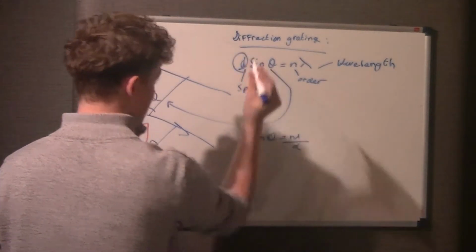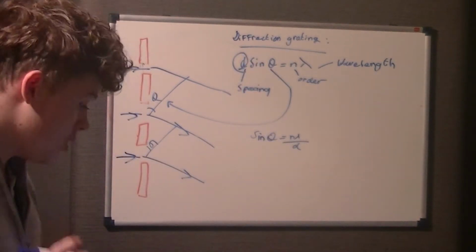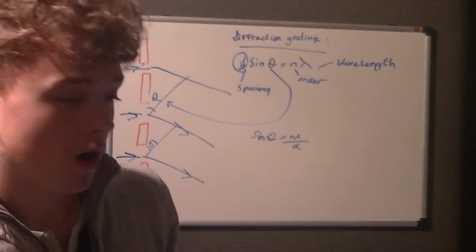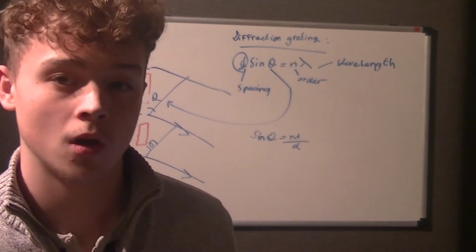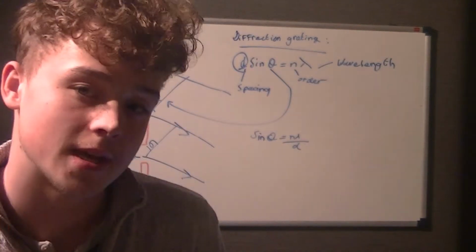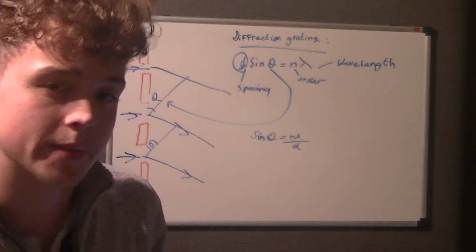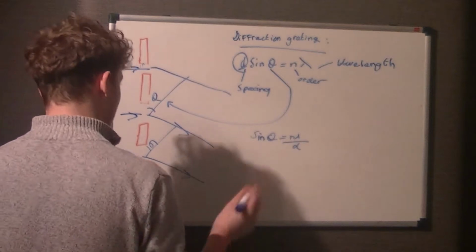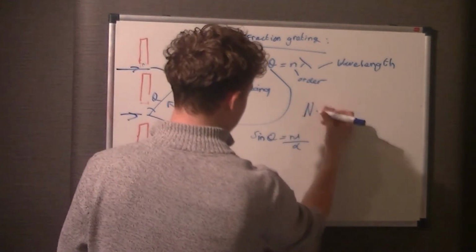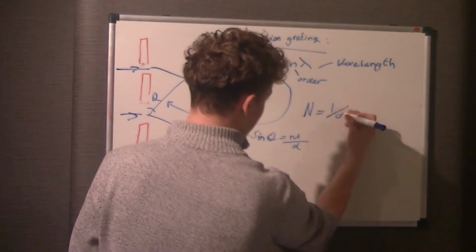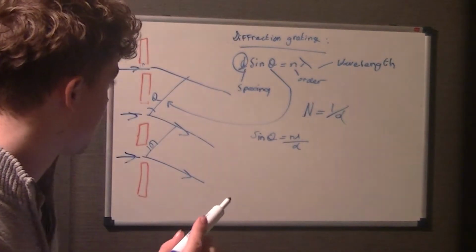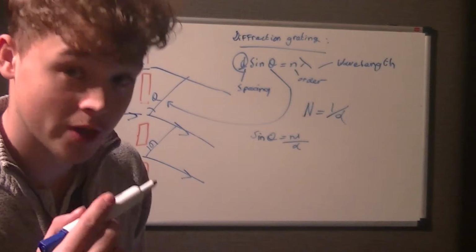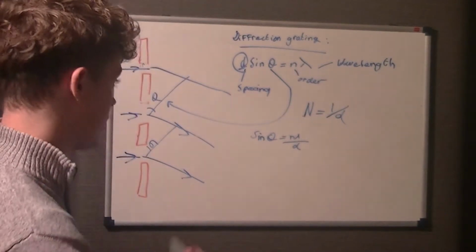this. The d is not always given to you. What they tend to do is they say, oh well, we've got 900 lines per millimetre. That's not a d. That's just telling you there's 900 lines per millimetre. It's not telling you the spacing. So you use this equation, N equals 1 over d. N is the number of lines per metre. So if you've got 900